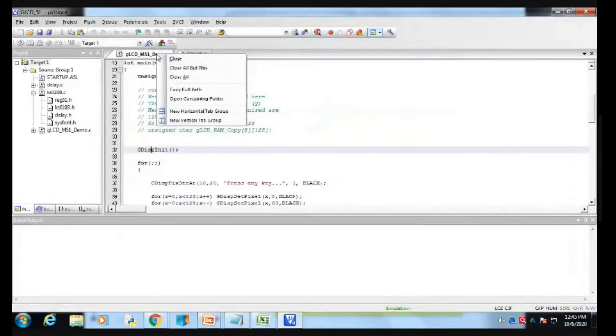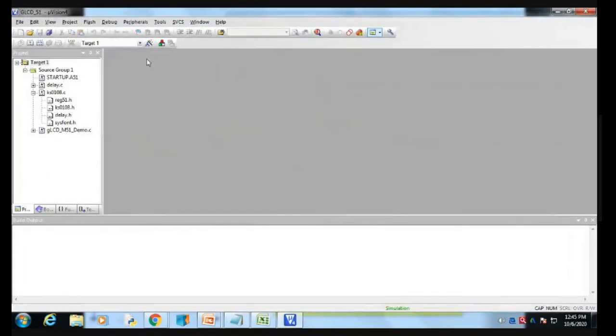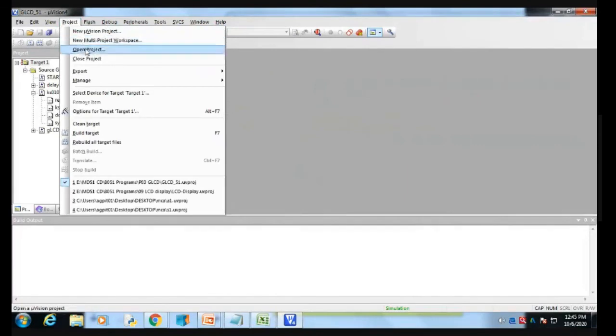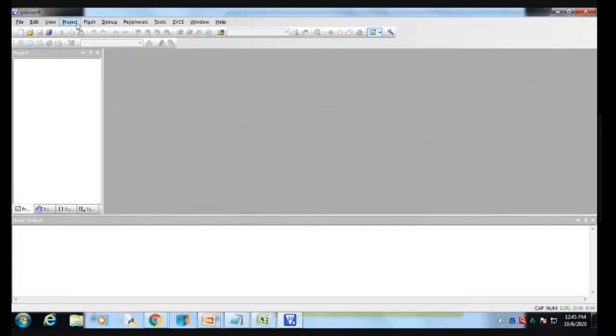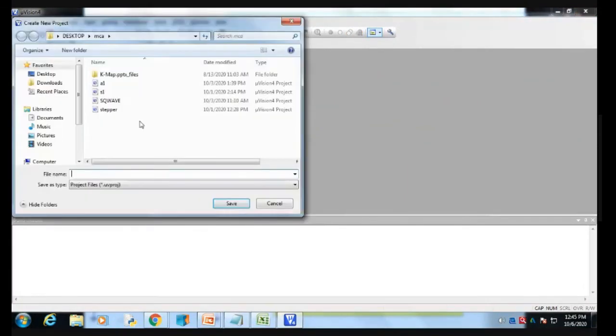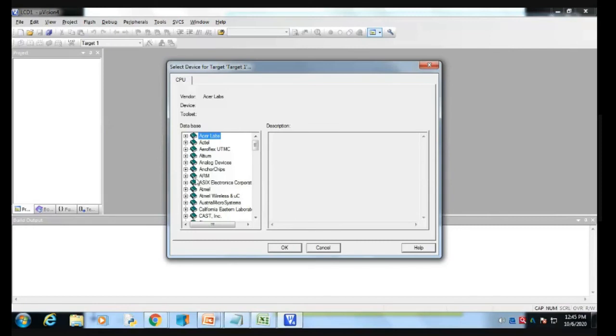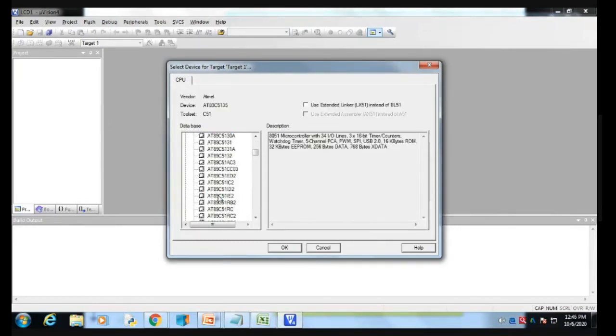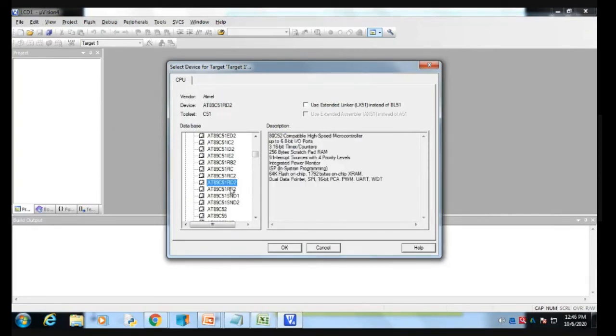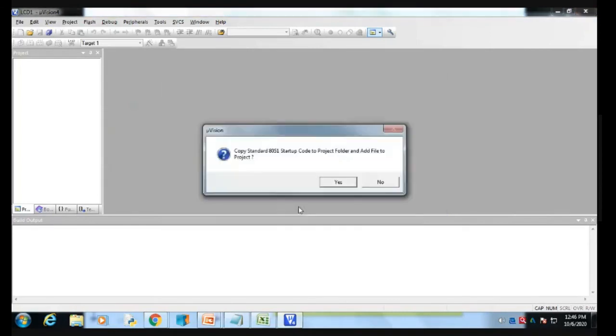So I'm defining this: close all the programs which were previously opened, make a new project LCD1. Take 89C51RD2.